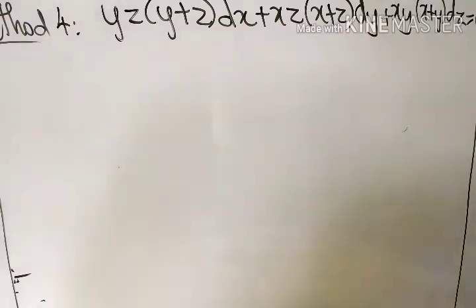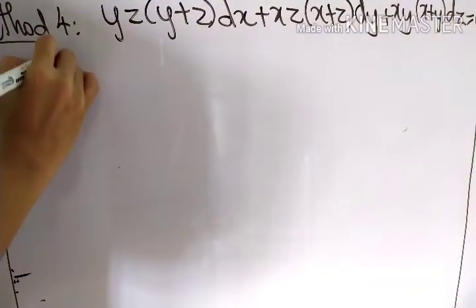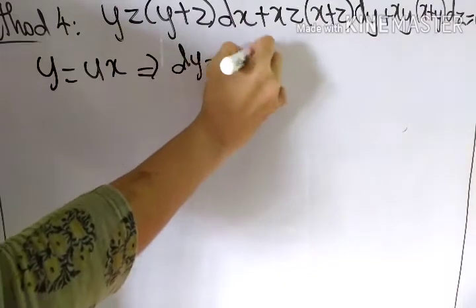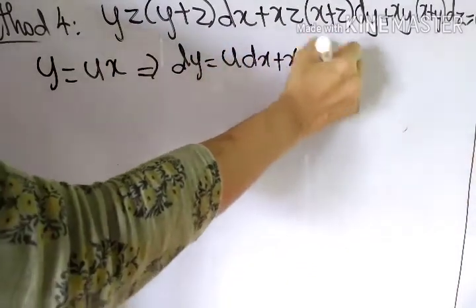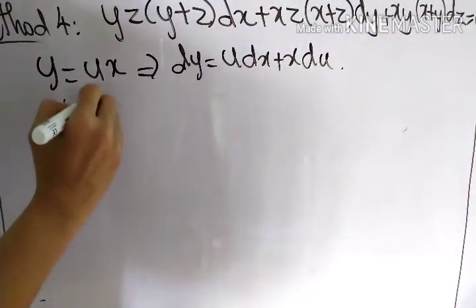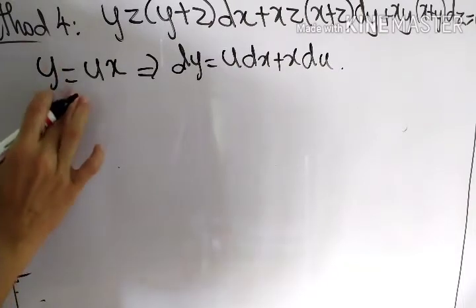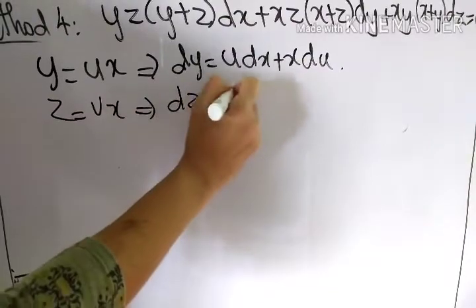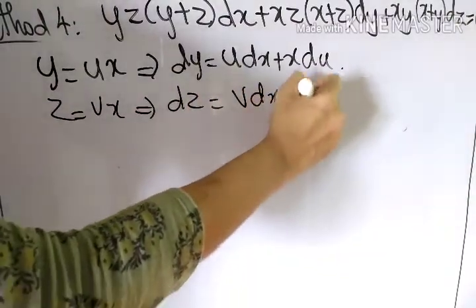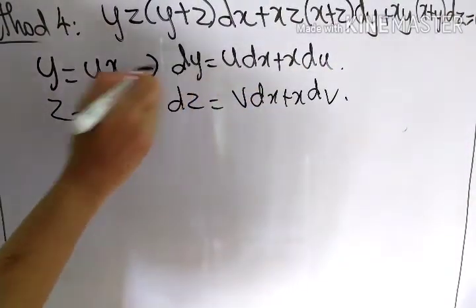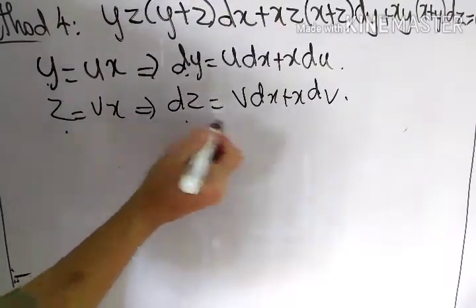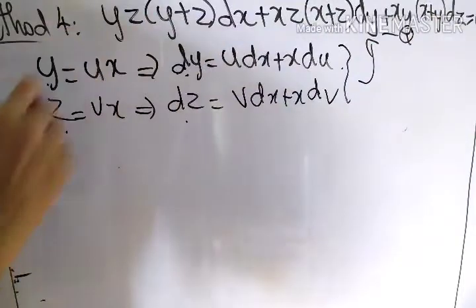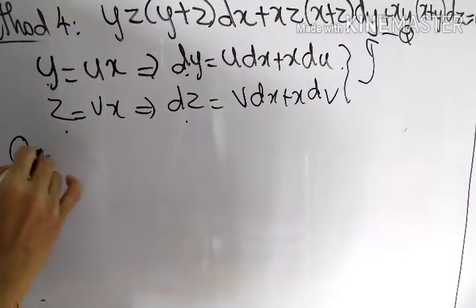Fourth method, what we have to do is substitute y = ux. From here we'll have dy = u dx + x du. And we substitute z = vx, and from here dz = v dx + x dv. Now we have our y, dy, z and dz. All these things go into our first equation. Let's name this as our first equation. Now correspondingly our first equation will become,